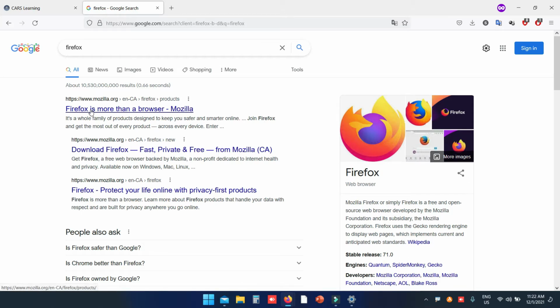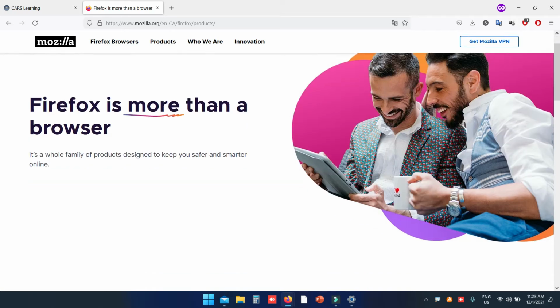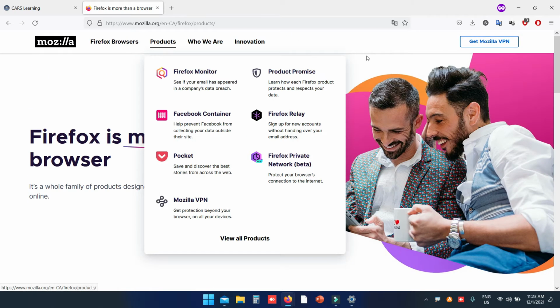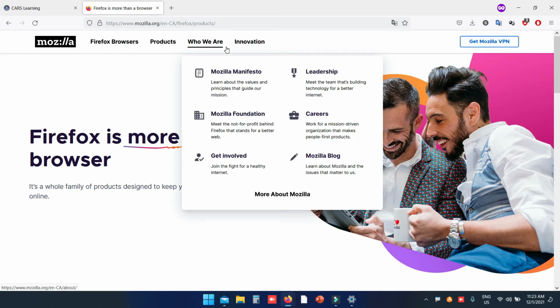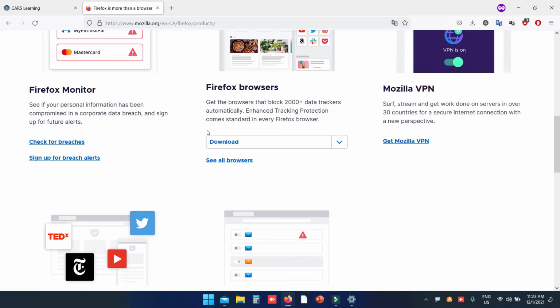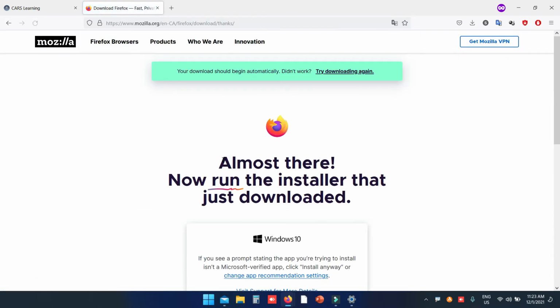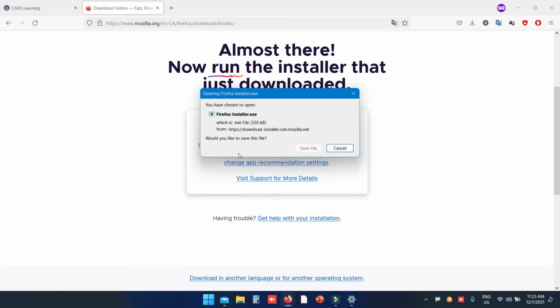So what you need to do first is to go and search for Firefox, the browser. When you go to Firefox, you can download the browser, which is usually the first link over here. I'm going to download this right now. All I need to do is go to the very bottom and go to Download for Desktop. When I go in here, it will allow me to save the browser.